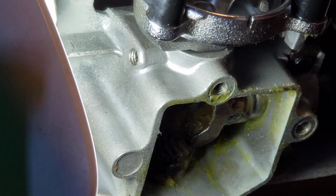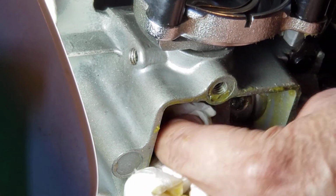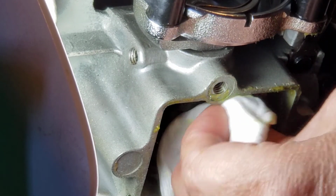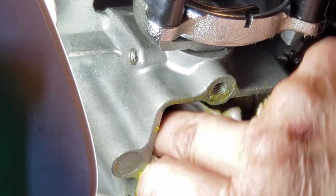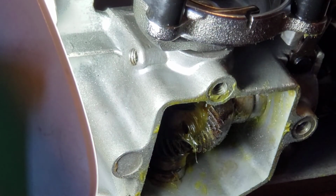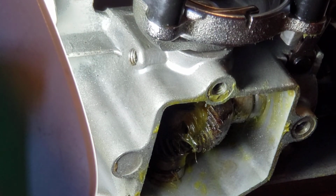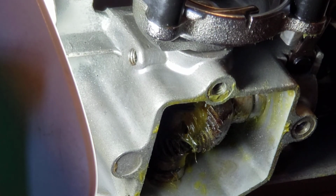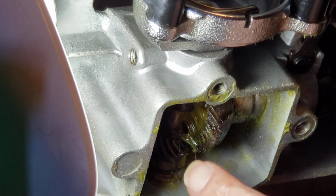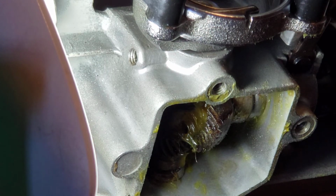Make sure that you don't leave anything from the paper over there. You need to use something you're going to throw away after. After you clean very well, you can put the grease over there. And to close this,